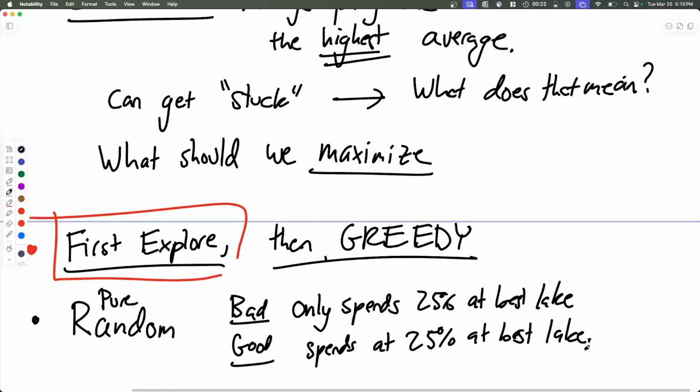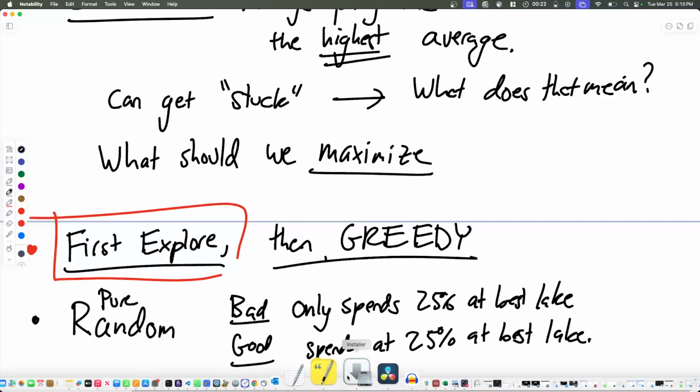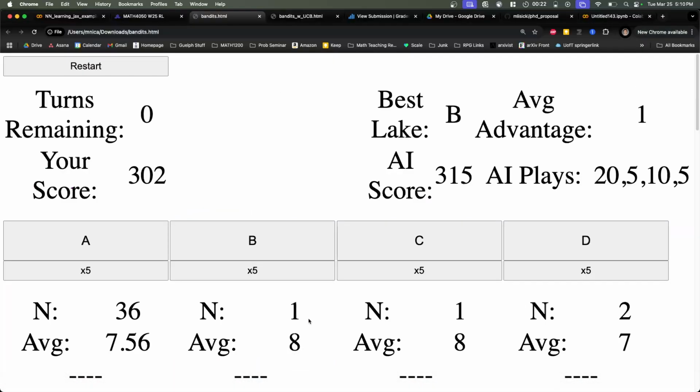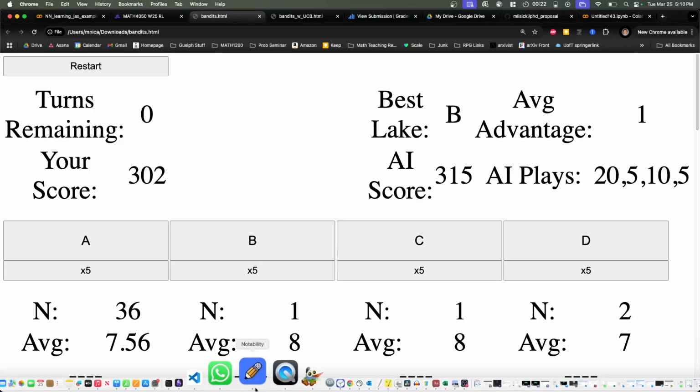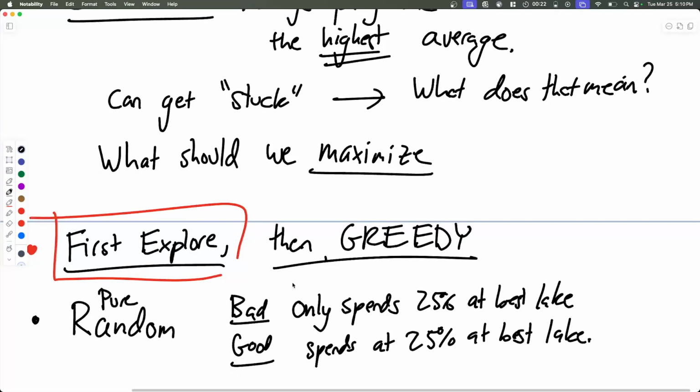So can we find some other algorithm that will raise our chances of spending a lot of time at the best lake and minimize our chances of getting stuck in this trap of spending too much time at a suboptimal lake and not cashing in? Okay, so these are some different algorithms. First explore, then greedy. Was anybody thinking about anything other than these ones? Yeah. You make a different choice than last time